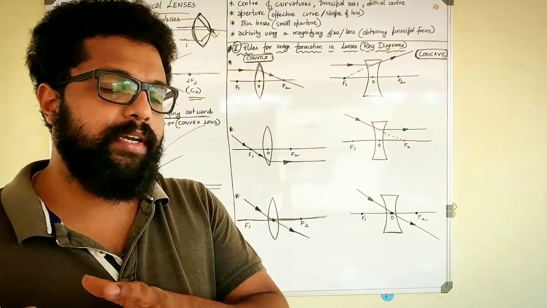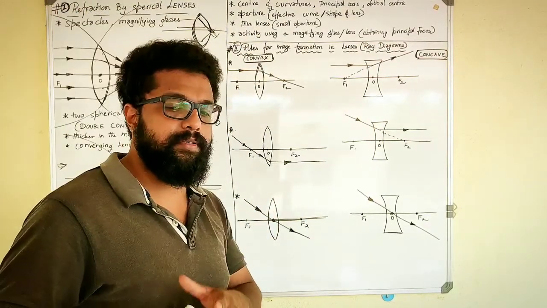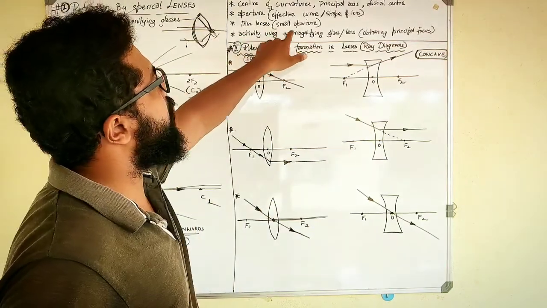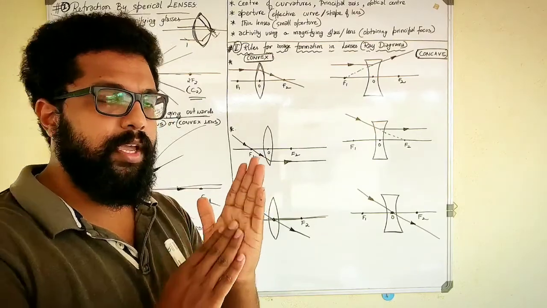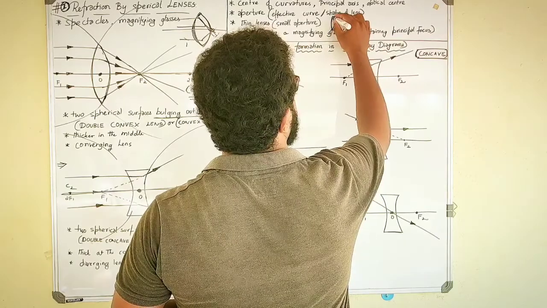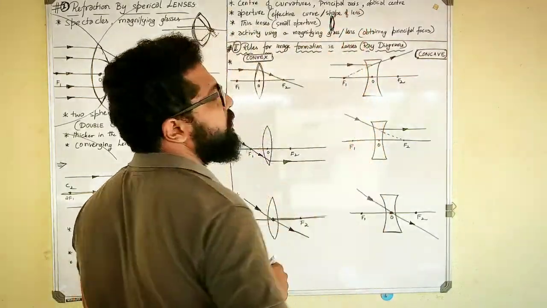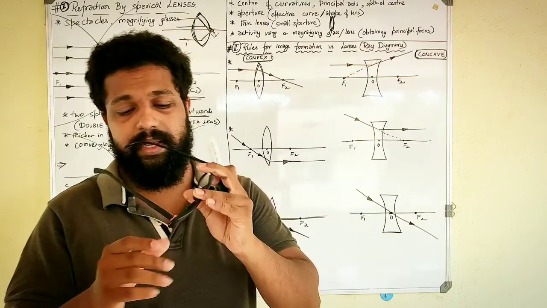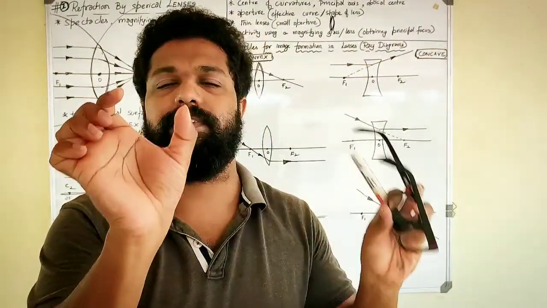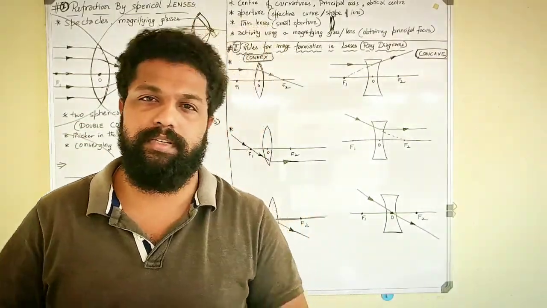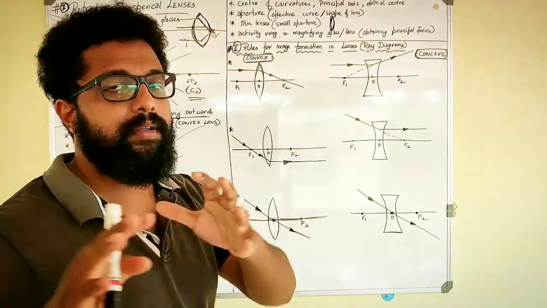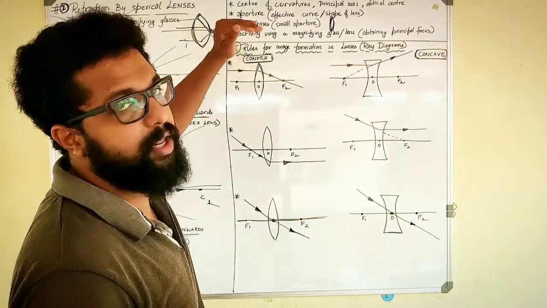That's the reason we'll be discussing for this particular syllabus of yours only the thin lenses, which have a small aperture, which means less curvature. Okay, the less curvature, small apertures means their thickness is less. Thin lenses, we are just dealing with the thin lenses. That is, you can see with eyeglasses as well. These are very thin lenses. The thick lenses will be this much fat, which we are not going to deal with. So we'll be basically dealing with only thin lenses for the right now syllabus. Okay, these are having small apertures.